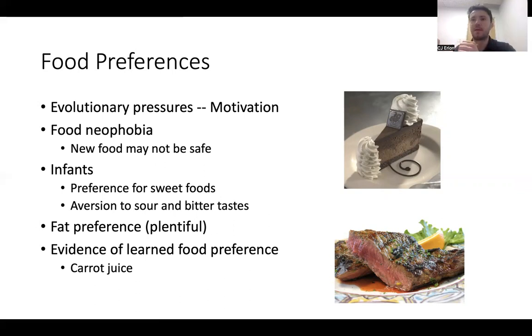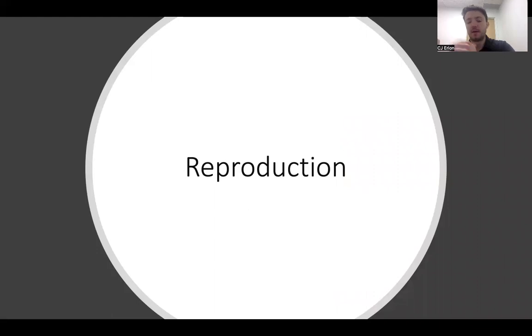They had mothers, for the last couple months of pregnancy or a couple months after pregnancy, either drink carrot juice themselves or give their baby carrot juice. And this led to those babies, or small children at that point, later on preferring carrot flavored cereal, as opposed to the babies of mothers who were just drinking and feeding with water. So that's interesting, and it gives evidence for the learning aspect of this. And I honestly didn't even know that there was carrot flavored cereal, so it's interesting. But that's it for the food part.